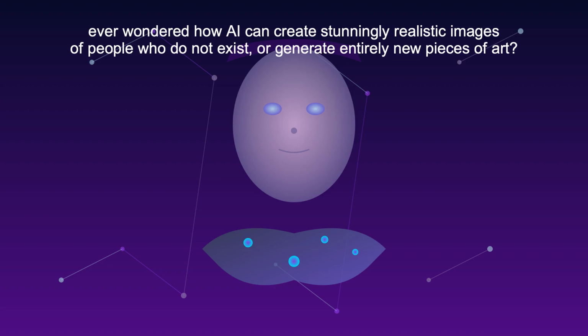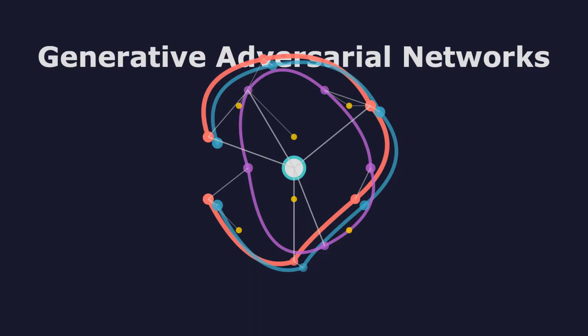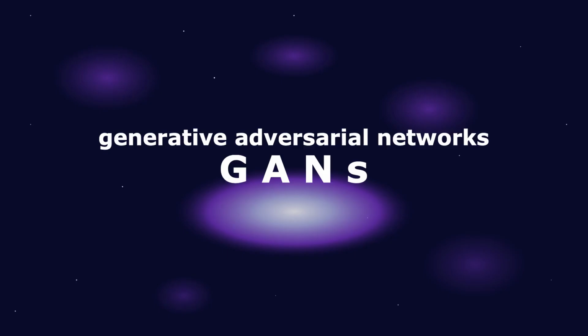Ever wondered how AI can create stunningly realistic images of people who do not exist, or generate entirely new pieces of art, music, or even complex protein structures? The magic behind many of these incredible feats is a revolutionary class of neural networks called Generative Adversarial Networks, or